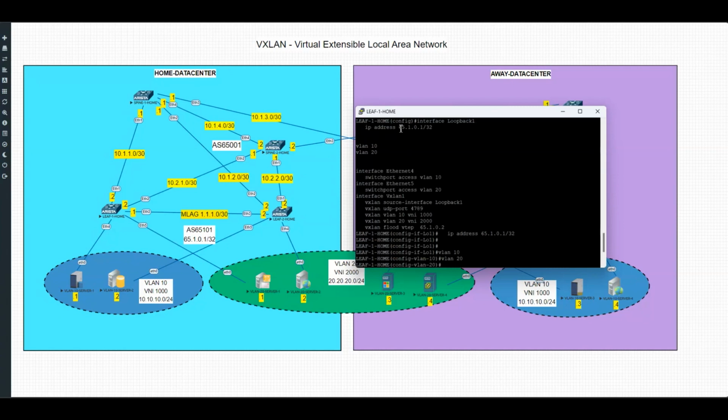So loopback 1 is set with the IP 65.1.0.1, and the VXLAN VLAN 10 is set for VNI 1000. VNI is VXLAN network identifier, and VLAN 20 is set to VNI 2000 as shown in the drawing. And VXLAN flood VTEP. VXLAN flood VTEP is the VXLAN tunnel endpoint, the endpoint that gets the flood from the